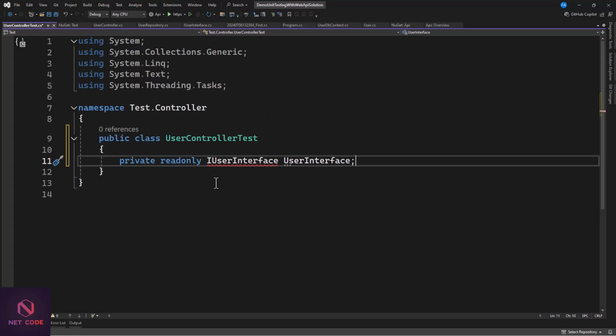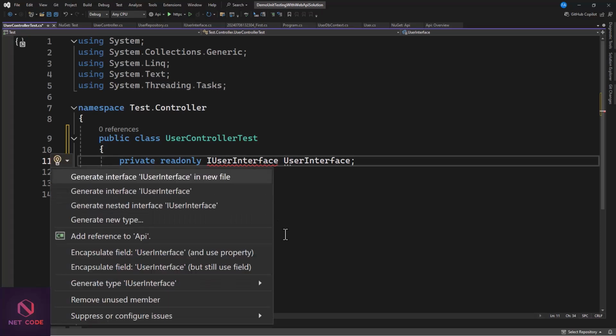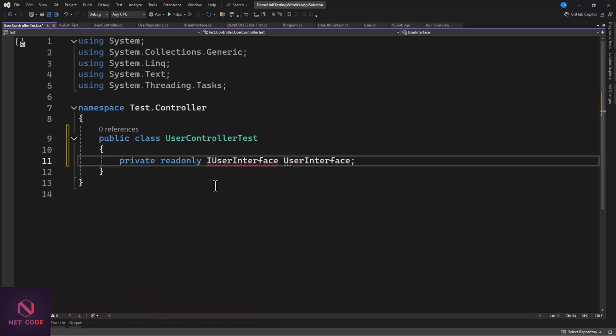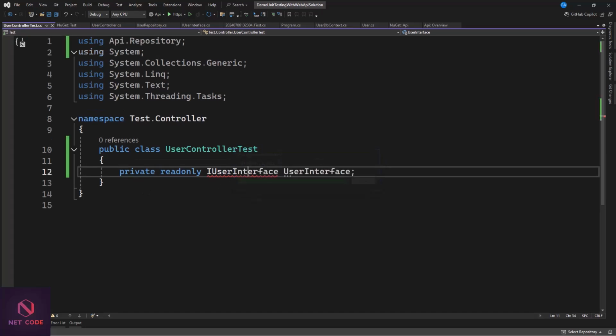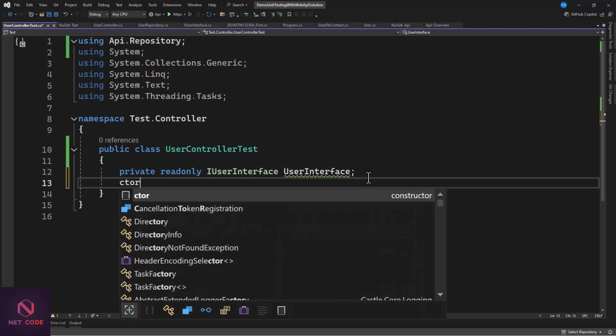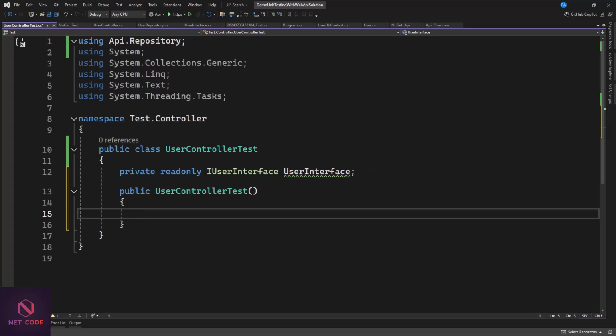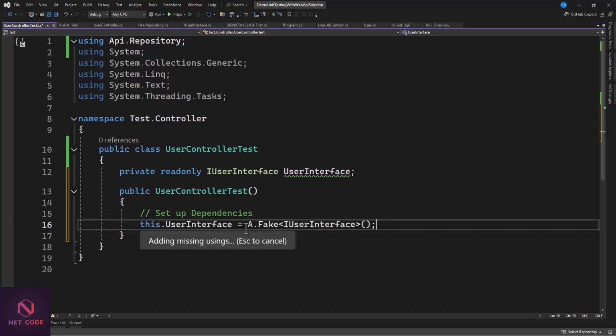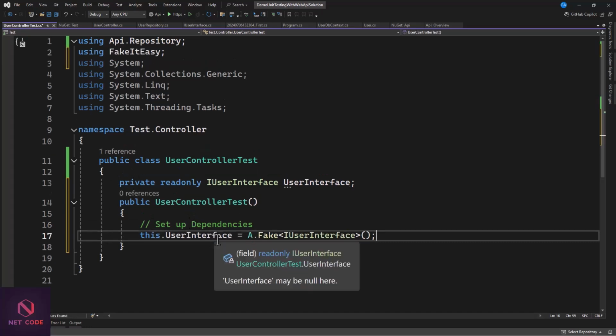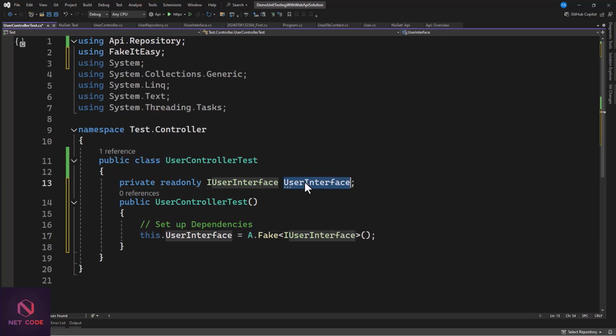Okay, so now we have this. Let's introduce the namespace, so control period, and now we need to add a reference to this API project because that is where this interface is found. Whilst we have this set, the next thing we're going to do is create a constructor for this. So CTOR gets you to the constructor quickly, and in that we can set up our dependencies. So this, referring to this scope, dot user interface, referring to the interface that we have created,